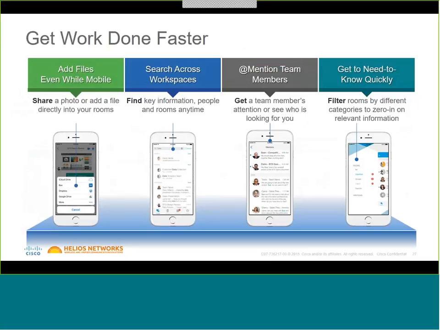You can search, so everything is encrypted, but you can still search, because that's key, and I'll show you some search in a while. You need to search. So if you go, oh yeah, Sarah uploaded this presentation, what was it called? It was marketing presentation, I think. So you type in marketing, and it'll go off and find everything with the term marketing in file names, in messages, in rooms, and it lets you find your information easier and much quicker than you would ever find in an email, that's for sure.